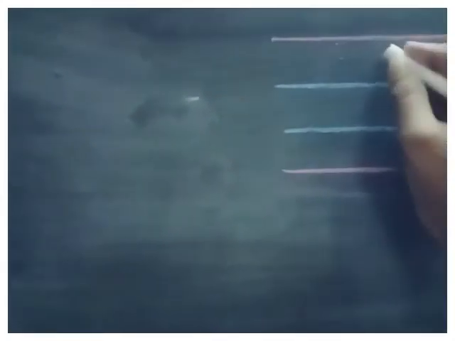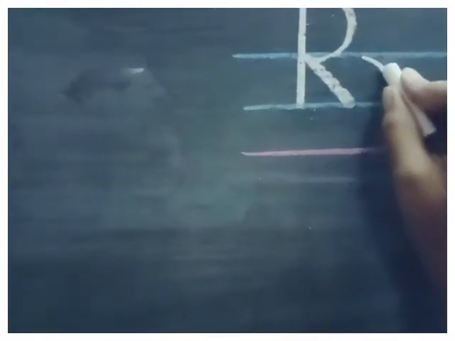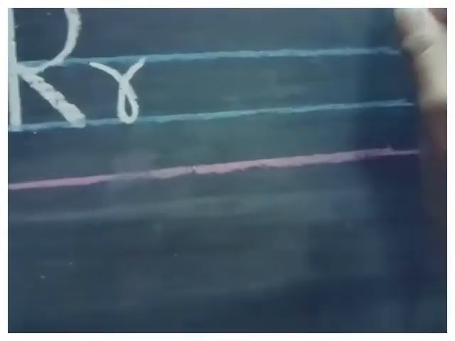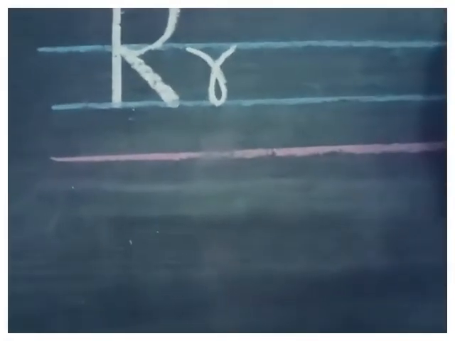Okay. Now our first activity is trace and write the capital and small letters. Okay. You have a book with you. Take your book and see, this is red line and this is your middle line. Two blue lines you can see. Standing line, back open curve, slanting line, R, capital R, small r, capital R, small r.